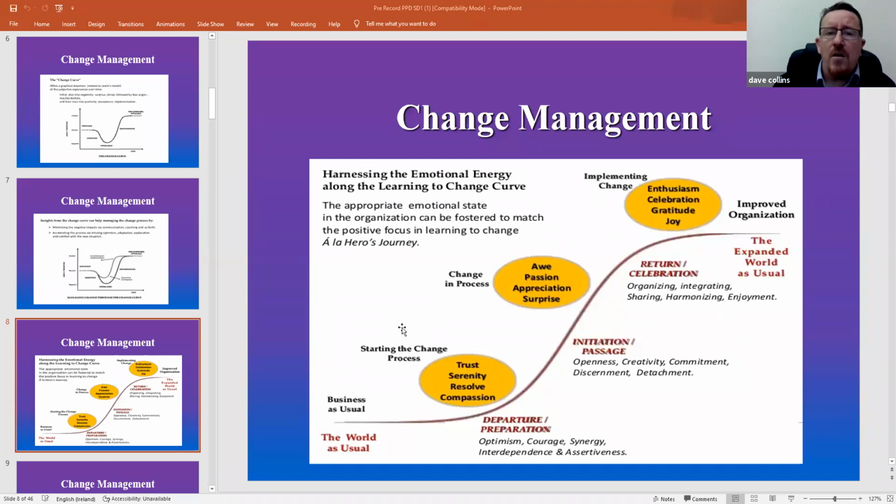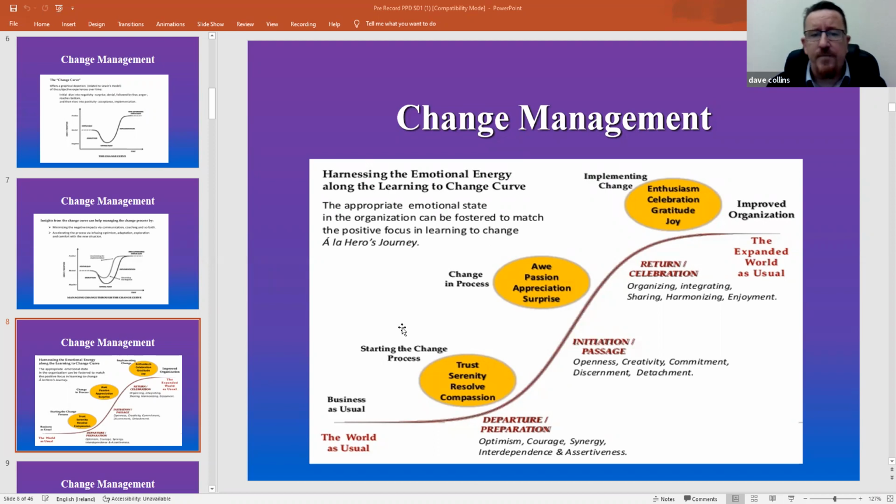Harnessing the emotional energy along the learning to change curve. So the appropriate emotional state in the organization can be fostered to match the positive focus in learning to change, a la hero's journey. So we'll start at the bottom here, right? So you can see here, the world as usual, business as usual, starting the change process, trust, serenity, resolve, compassion, departure, preparation, optimism, courage, synergy,